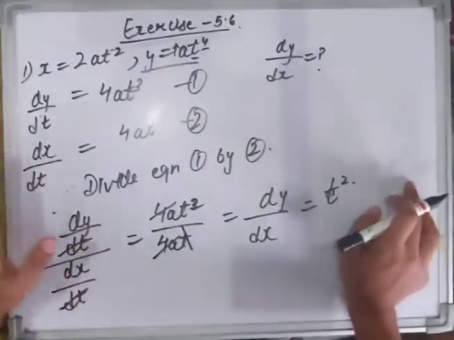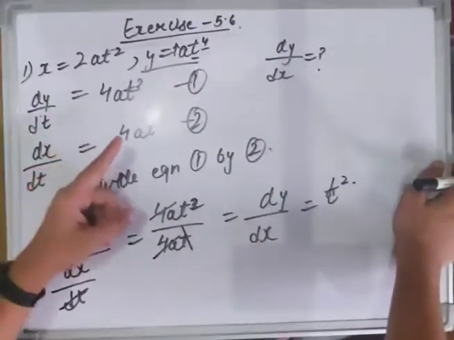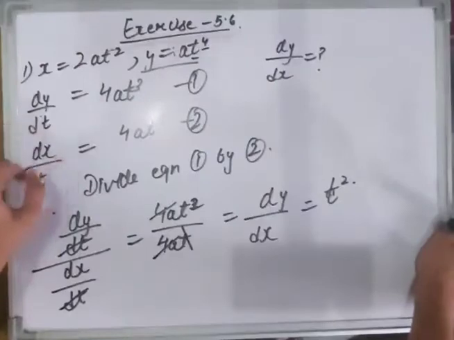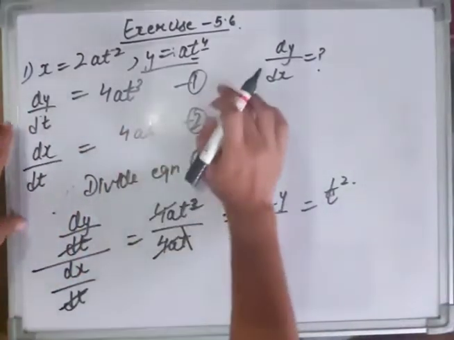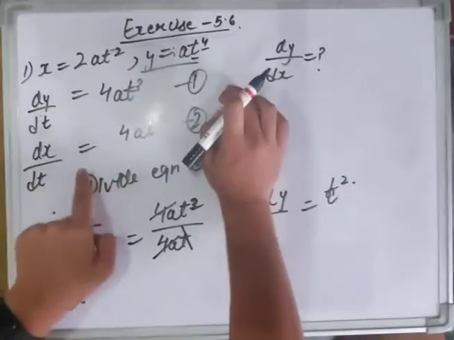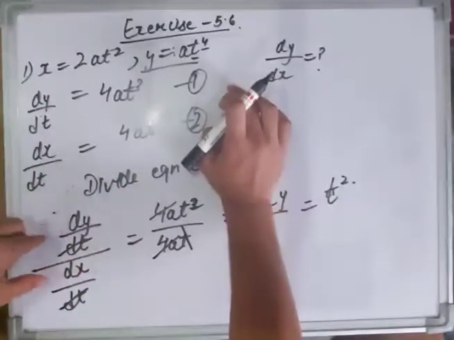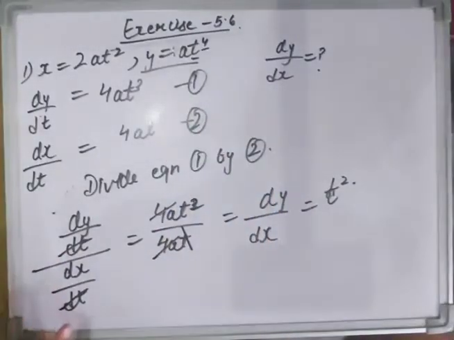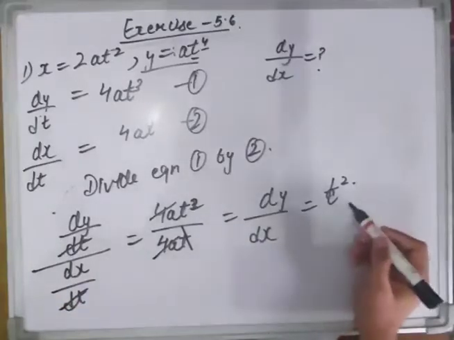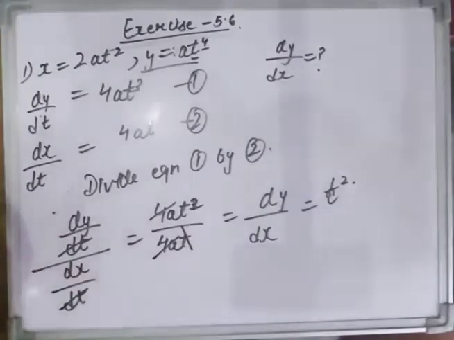So this was our first question. I am summarizing this first question. See once again, the value of x is 2at square and y value is at raised to power 4. The value of dy by dt was 4at cube, and refer to this dy by dt as the first equation and dx by dt as the second equation. The dx by dt value is 4at, and we need to divide the first equation by the second equation. We have dy upon dt upon dx upon dt, so here we have 4at cube upon 4at. That's why we have t square as the value of dy upon dx. So this was the first question, and pause the video to note it down.